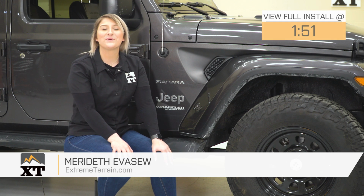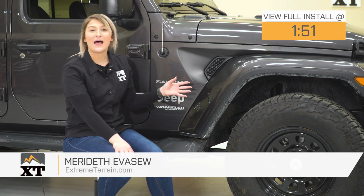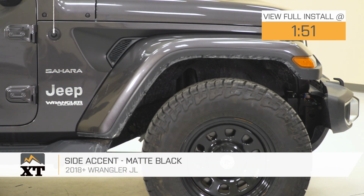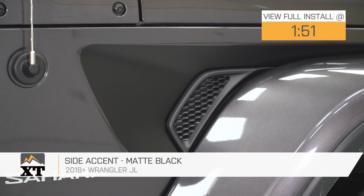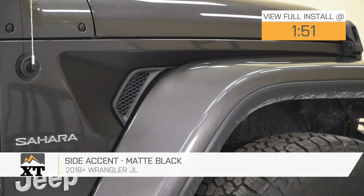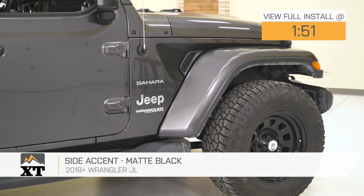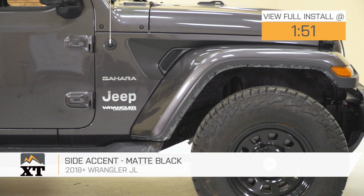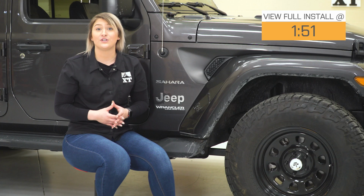Hey guys, so today I'm here with the side accent in matte black, fitting all 2018 and newer JL Wranglers. So if you're looking to add a little bit of character to your rig or a little bit of extra styling, this side accent decal is going to be a great solution to take a look at. This is going to be in matte black, so it's going to add a nice contrast to your Jeep around